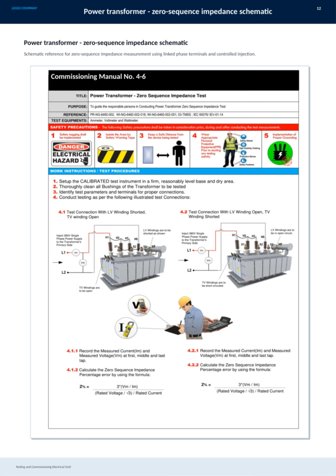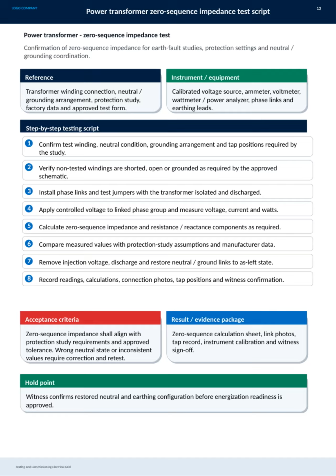This diagram shows the testing setup using linked phase terminals and controlled injection methods. By accurately measuring the zero-sequence impedance, we can ensure the transformer performs reliably within the electrical grid. This process is an essential part of the commissioning and testing phase, as outlined in Commissioning Manual number 4 to 6. This slide outlines the zero-sequence impedance test for power transformers, which is crucial for earth fault studies and protection